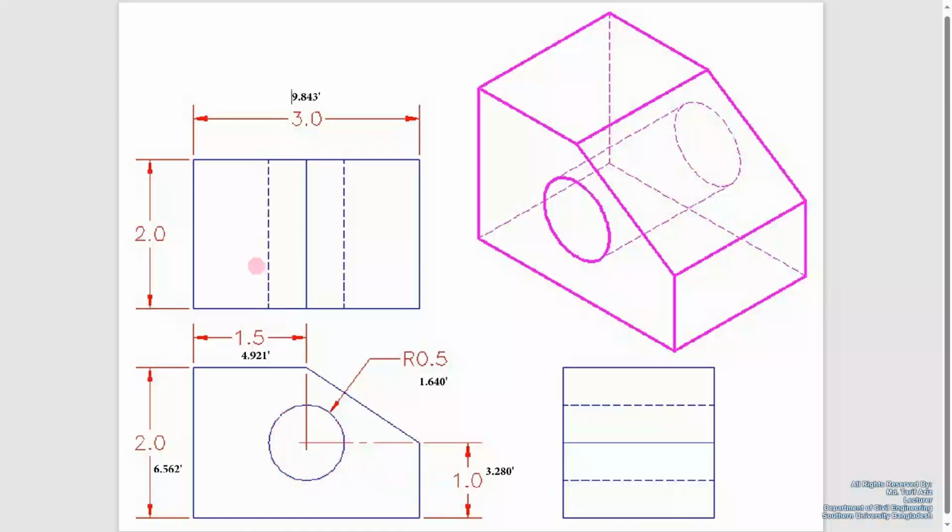Again, if we go to the top portion, we can see that the length of that object is 9.843 feet and the width is 2 feet. So first of all, we are going to draw the side view following the same measurements, and we are also going to show the measurements like this, and